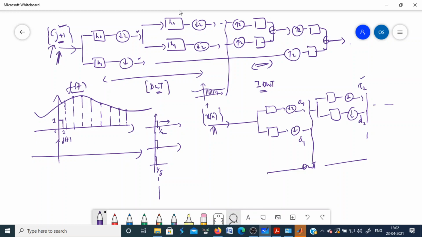Now, why this transform? Why are wavelets or this DWT useful? Because when you decompose a signal up to, suppose, level 3, you finally have A3 and D3. So this signal is decomposed. These D1, D2, D3, since they are the outputs of these high pass or band pass filters, contain the high frequency information. And this A3 is the low frequency information.